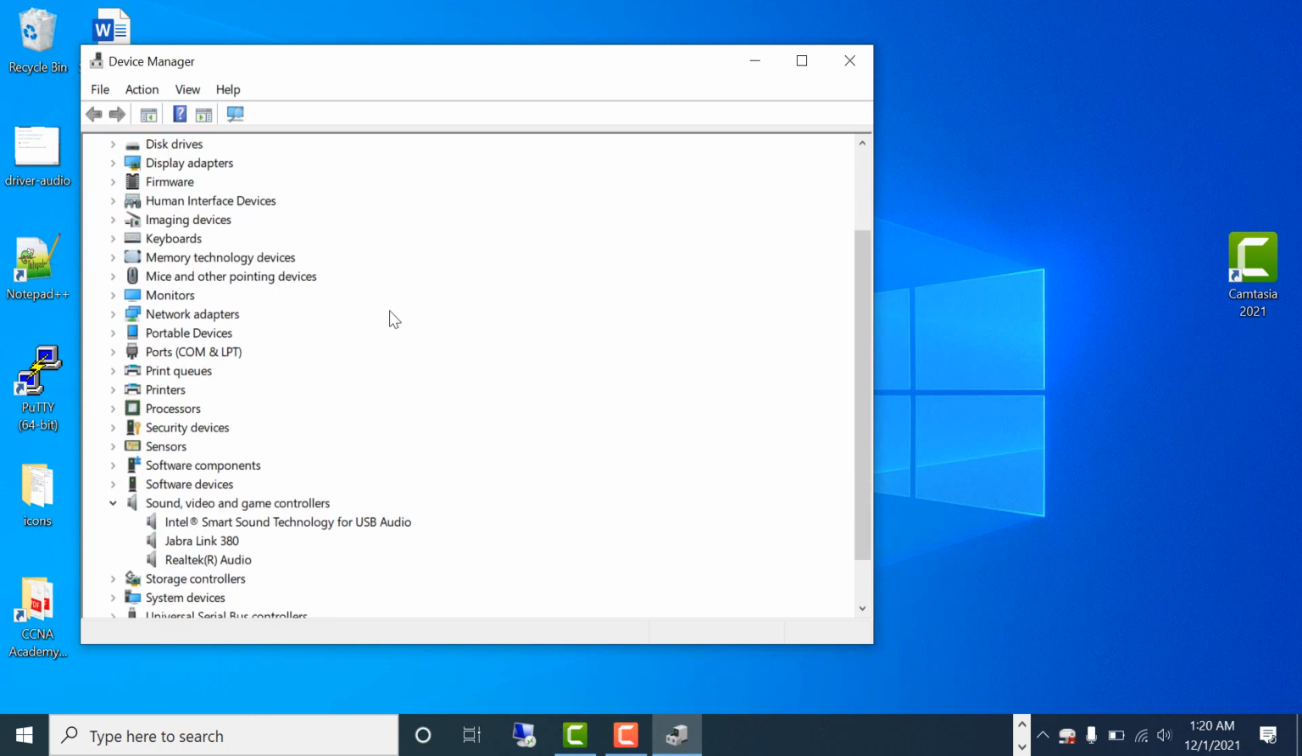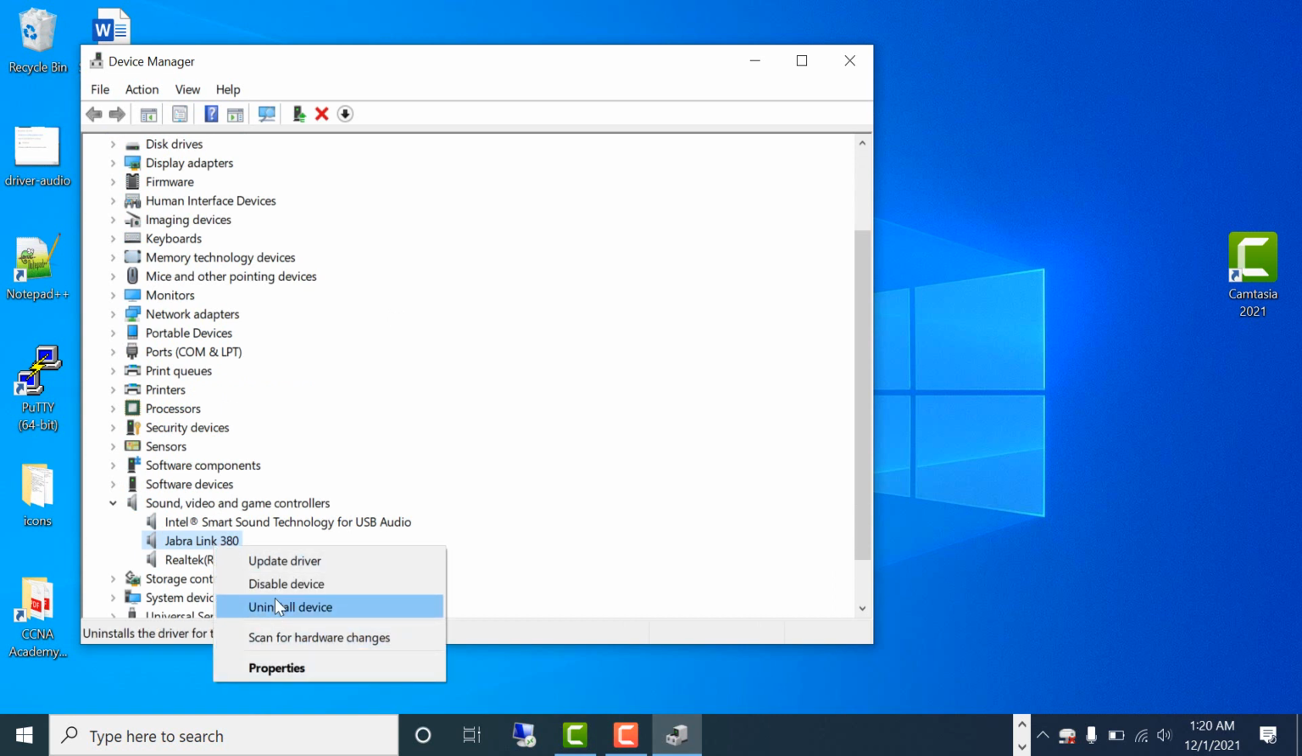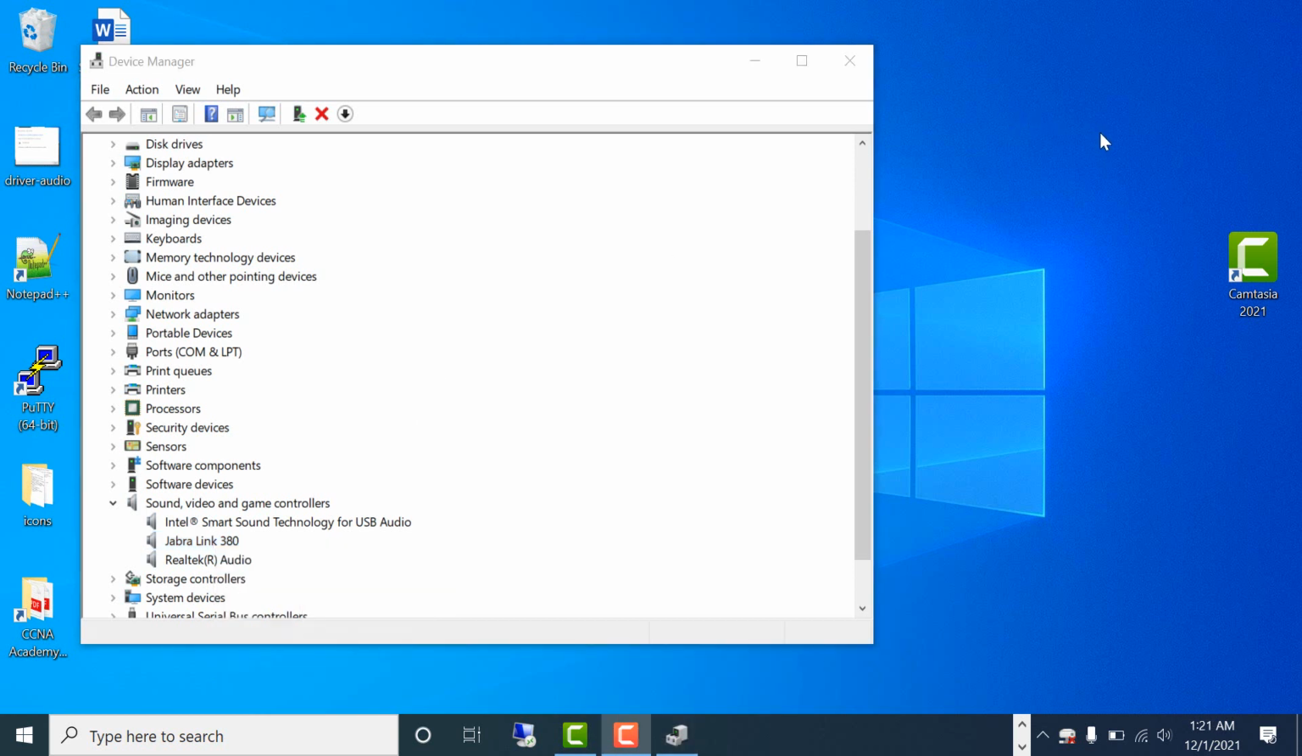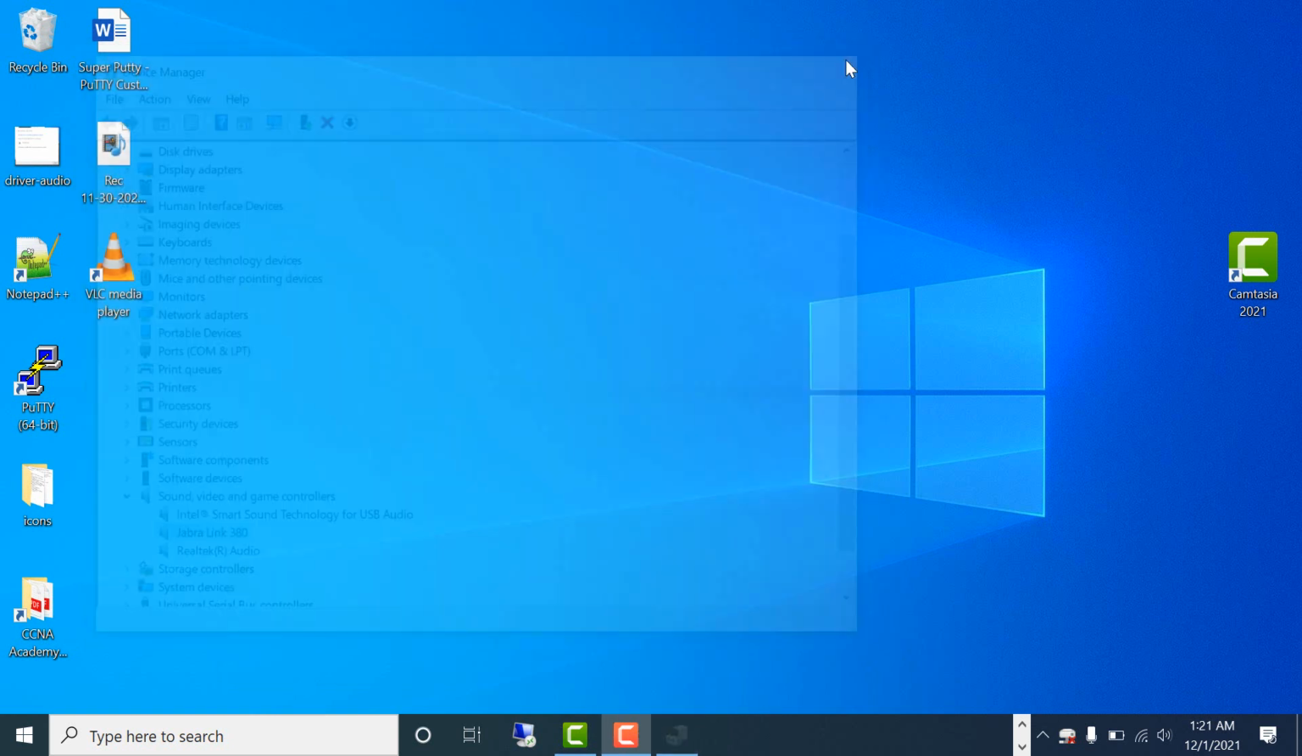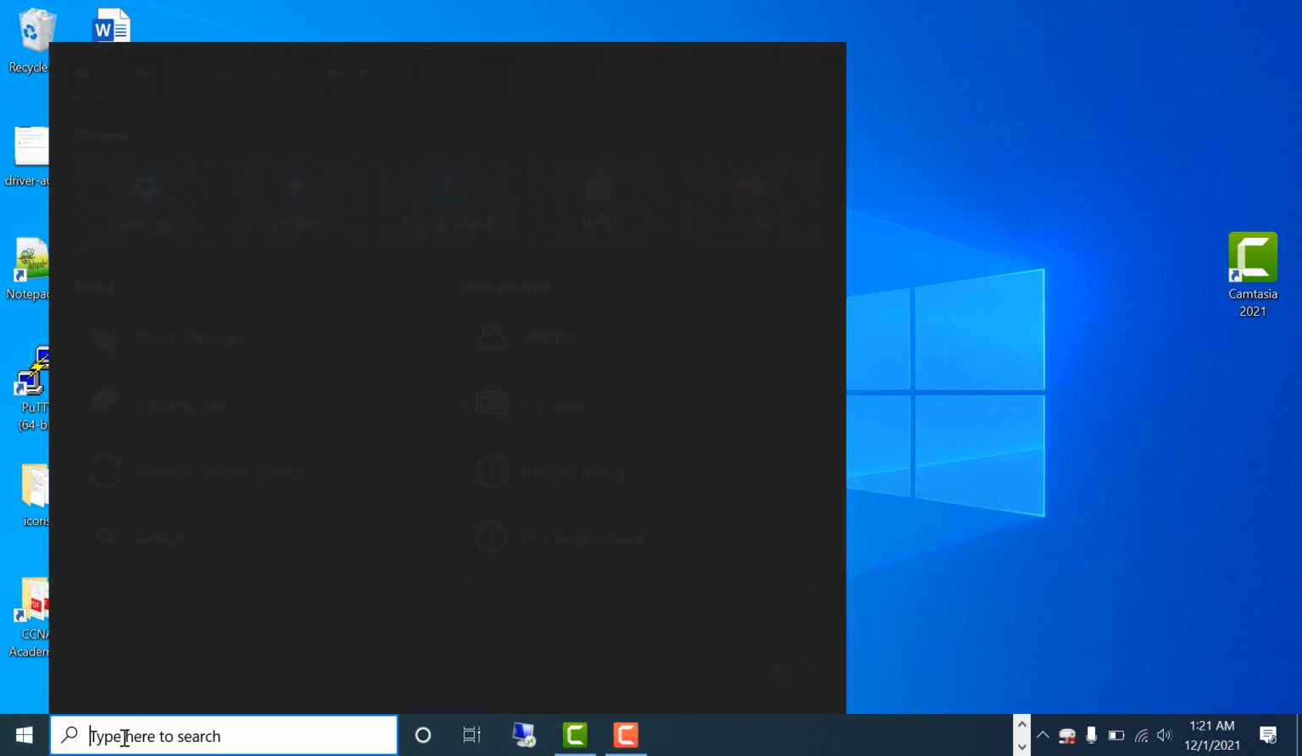If this doesn't fix the problem, what you can do is you can go back and uninstall here and restart your computer. That will reinstall the driver from scratch. If this doesn't fix your problem, what you can do is you can go to